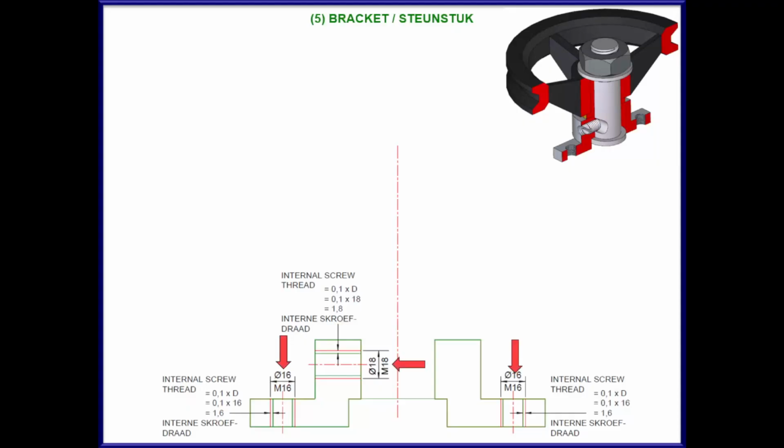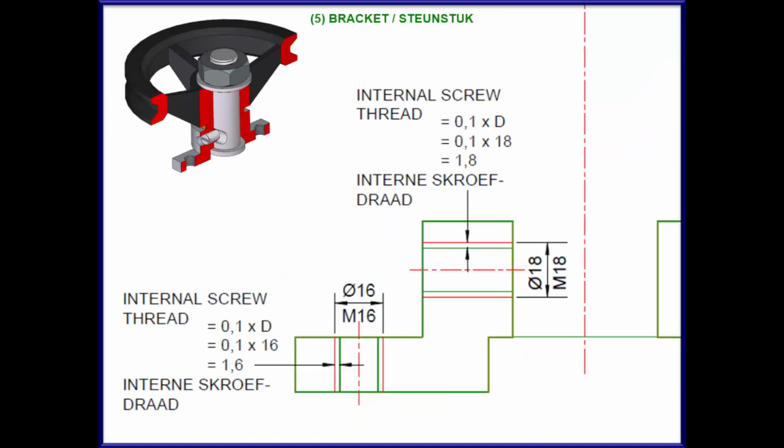The bracket has 3 areas where there are threads, and take note that they are all internal threads. You must apply your knowledge regarding the calculation of the depth of the thread at this point. We have 2 internal threads at the base of the bracket. This means that a M16 bolt or screw can possibly be threaded into this hole. The application of the formulas and the different line types is very important when it comes to internal or external threads and will be part of most of your mechanical assembly drawings.